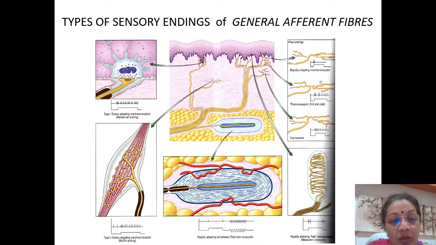the ending near some fibrous structures of the dermis. So already the dermis is containing many fibers being laid down, right? That is your collagen, elastin fibers, which are forming the bulk, the material of your subepidermal region, that is the dermis itself, and the hypodermis, which is the subcutaneous tissue. So in that area, you're seeing something called type 2 slowly adapting mechanoceptors, or Ruffini endings, also named after an